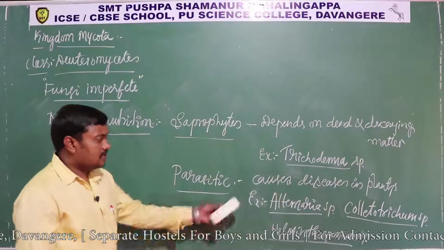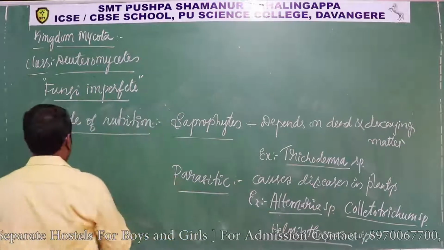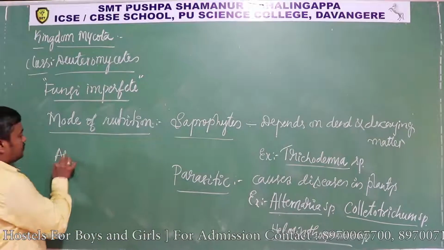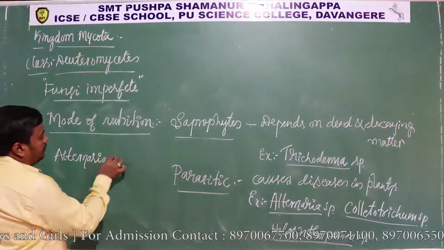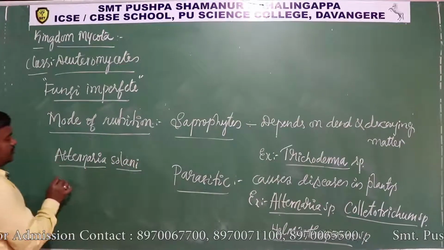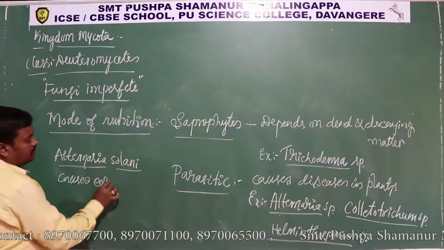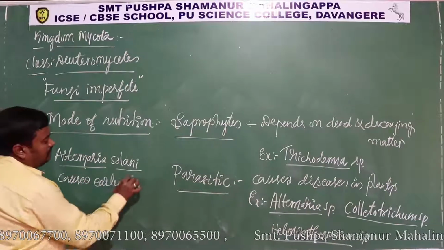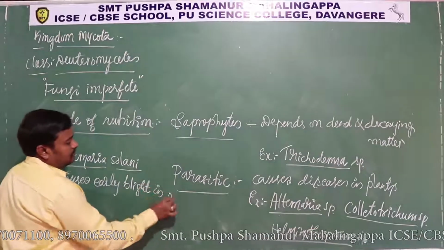Okay, so there's one peculiar species in Alternaria. So that Alternaria causes Alternaria solani. Alternaria solani causes early blight in